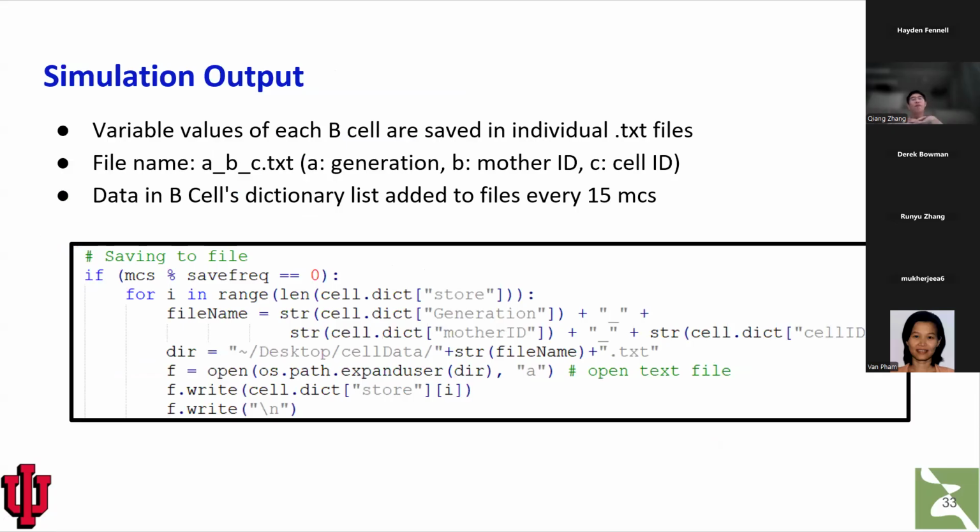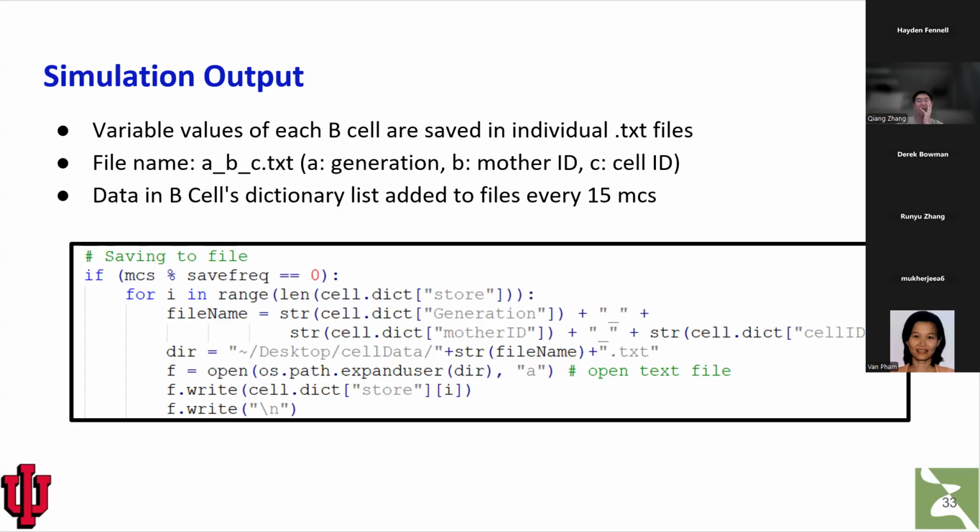Right. So as the simulation is going, we try to save the results of the simulation at some interval. In this case, we're saving this into TXT files every 15 MCS. This is the script doing that, and the save frequency, which is 15. That means when the Monte Carlo MCS hits multiples of 15, it will save the